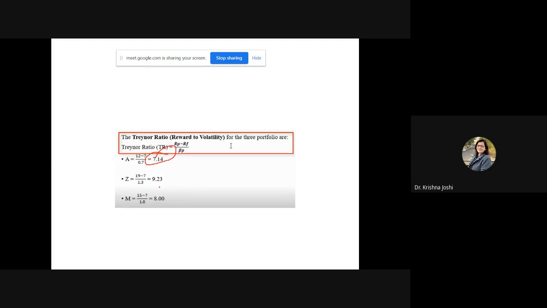Sneha, Sagar. Ma'am, I'm not done yet. Acha, so you're still calculating? Okay. Krimi, your answer is the same? Krimi, can you hear me? Yash, Z answer is 9.23 and the M is 8, right? So if the rank is given, this is the first, this is the second, and this is the third. Highest is better.